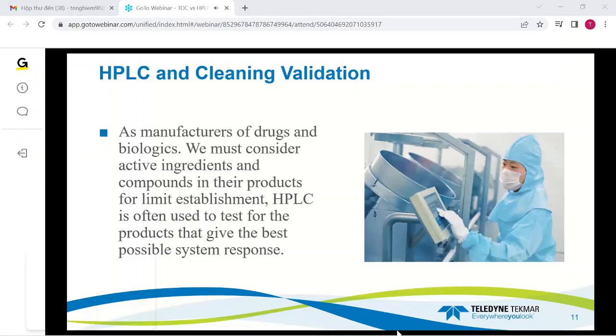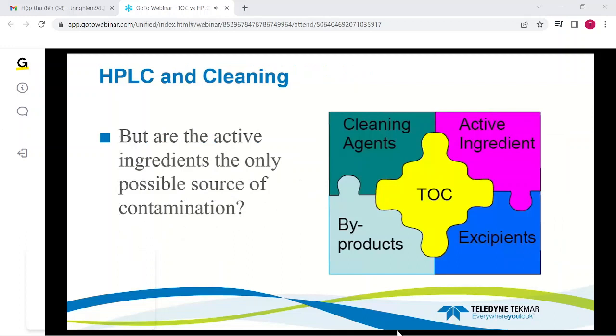But if you had another system that can get your cleaning reagents or agents, it can get your active ingredients, your byproducts, and other material, what if you can do that in all one type of system? Is that the only common source of potential contamination? No. And as I'll show you in a case study down below, you're going to have other outside factors that might contribute to this other than what you're using in the manufacturing and cleaning process. So you want to make sure that you can get everything done by one type of system,